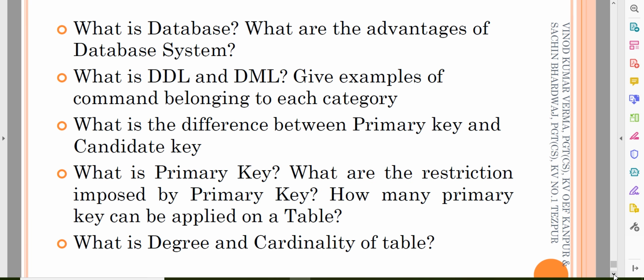Just go through these videos, understand it again, and you have to be very thorough in this portion, because in 2 years you are learning the same topic, right? So you have to be very clear with these commands, DDL, DML, primary key, alternate key, candidate key, degree, cardinality, everything should be clear to you. So again you have to watch this video, understand everything, and revise the portion. I will be giving book pages also for you to study. Okay, so this is our RDBMS, database management system.